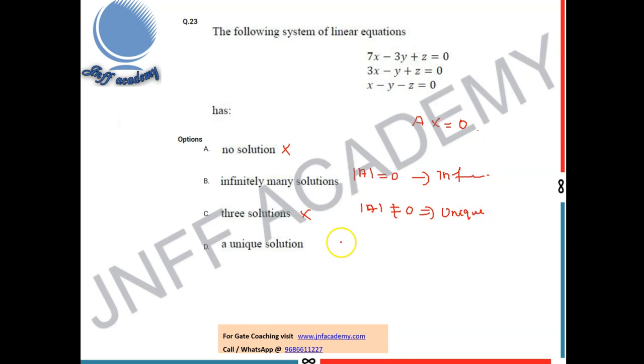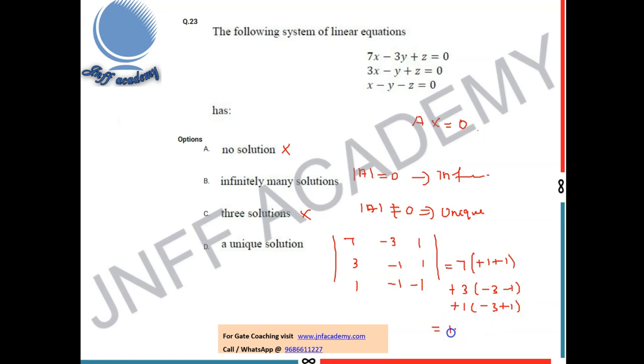Okay. So immediately you can find the determinant of A matrix, that is the coefficient matrix. 3 minus 1, 1, 1 minus 1, 1. What is that? 7 into minus 1 plus 1. This is also minus 1. So 7 into 1 plus 1 plus 3 into minus 3 minus 1 plus 1 into minus 3 plus 1. So finally you can get 14